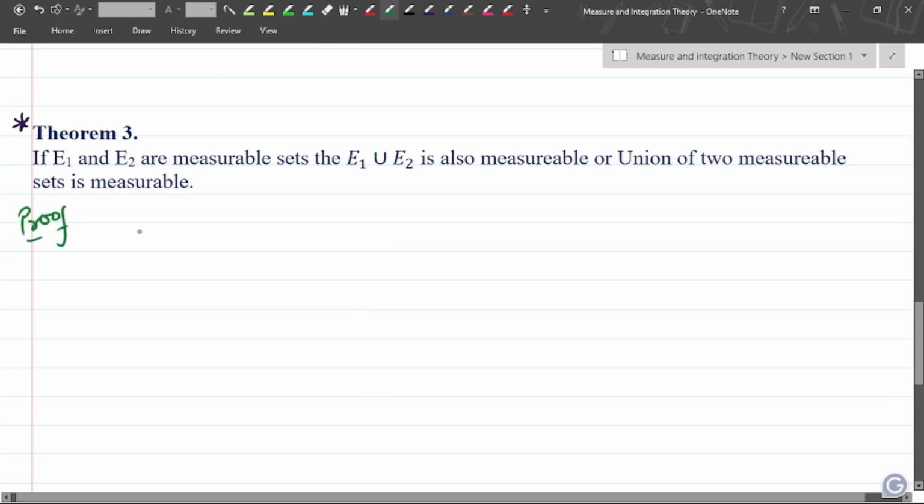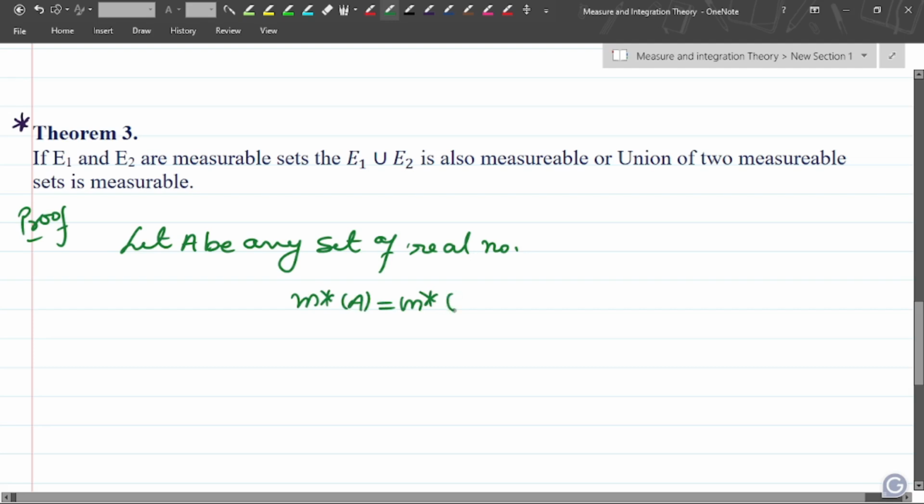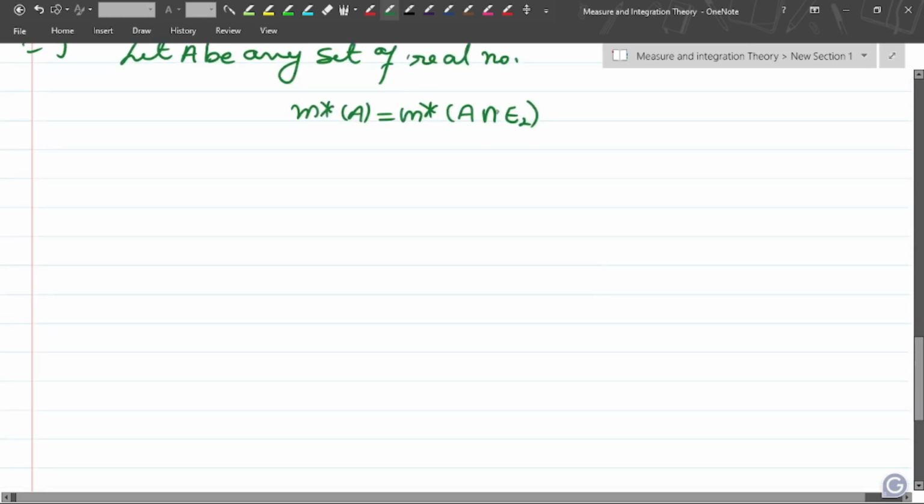Now, what is the proof? Let A be any set of real numbers. Then the outer measure of A is equal to the outer measure of A intersection E1 plus the outer measure of A intersection E1 complement. That is the simple property of the measurable set. Then the outer measure of A intersection E1 plus the outer measure of A intersection E1 complement